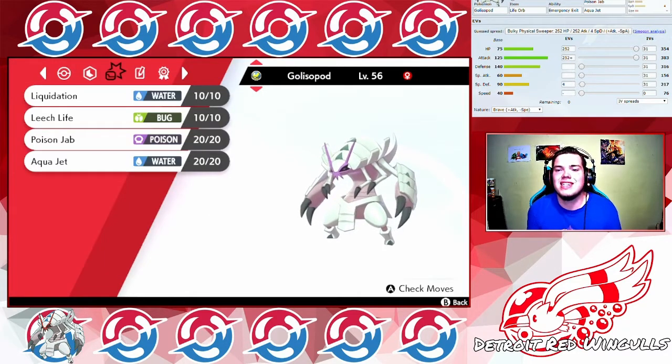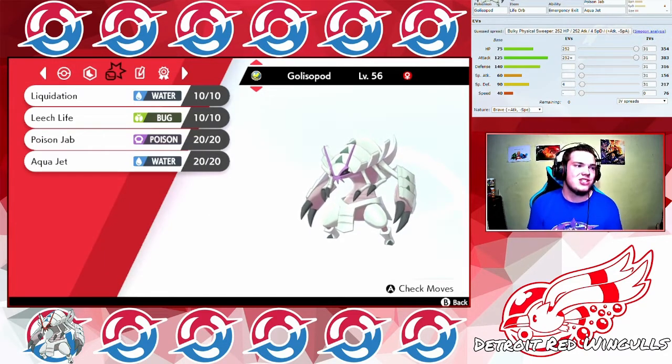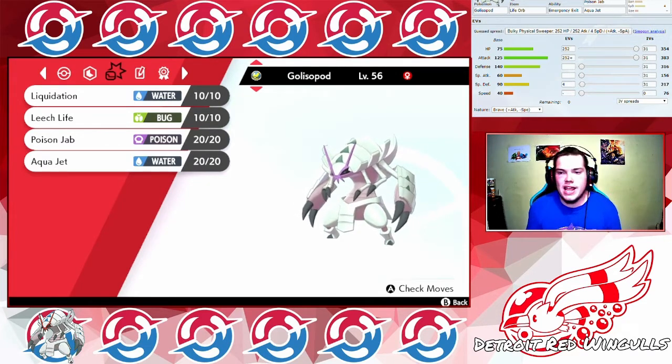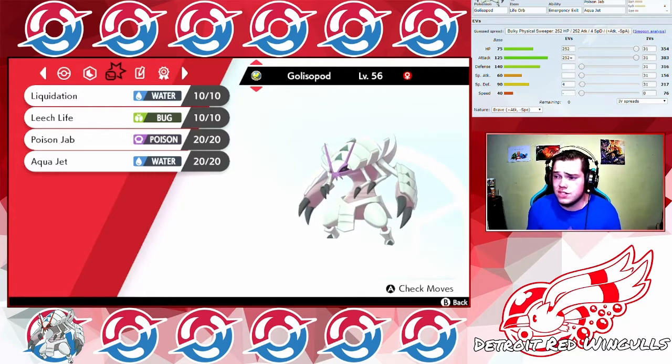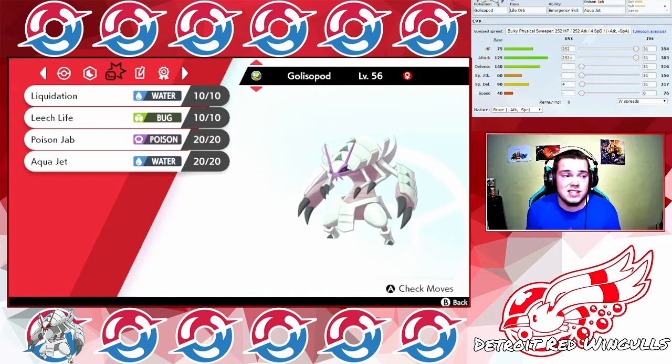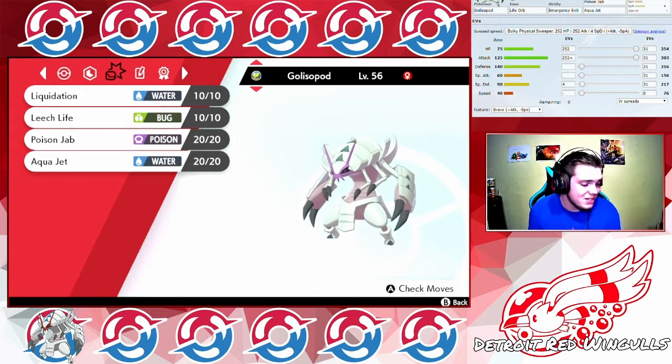And I got Liquidation, Leech Life, Poison Jab, and Aqua Jet. Leech Life and Liquidation, obviously, for STAB. Aqua Jet for priority. And then Poison Jab for a little bit of coverage for things like that Togekiss that are fairy types, and that I'm expecting to see. So with this moveset, Grimstar deals with Blaziken, Darmanitan, Espeon. It's a pretty good check to Haxorus, Klefki, Leafeon, maybe Scrafty, maybe Tangrowth, maybe Togekiss,